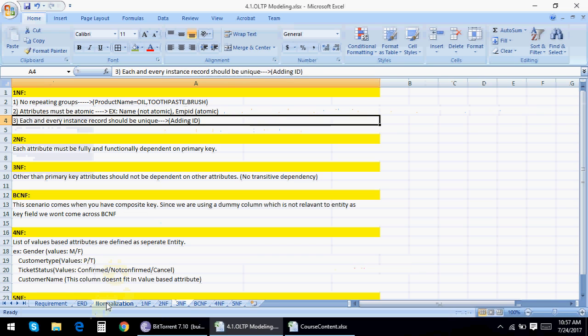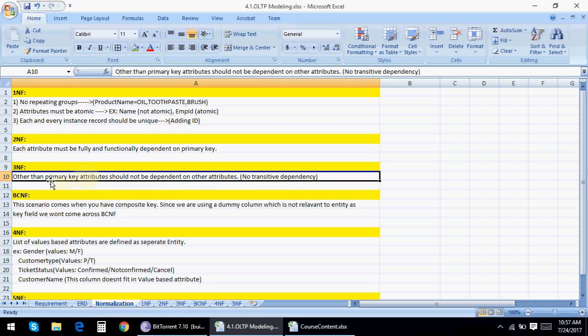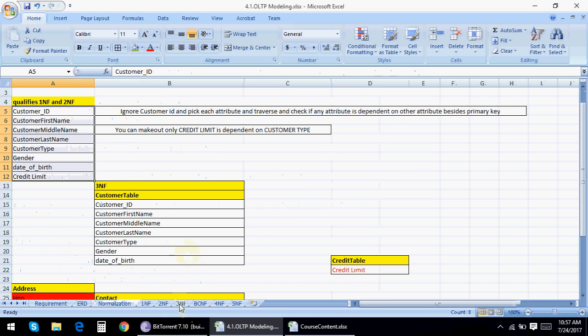And the third point about third normal form is that other than primary key attributes, attributes should not be dependent on other attributes. That means all these attributes should be fully dependent on only customer ID. It should not depend on any other attribute.